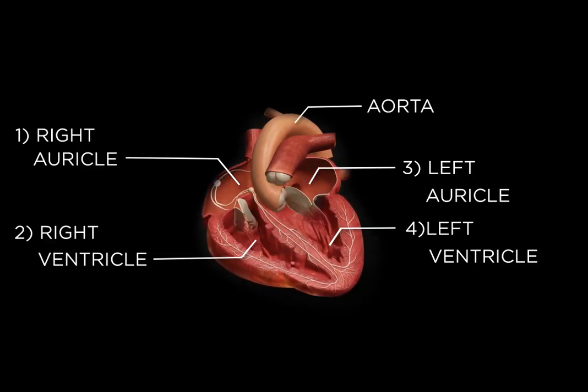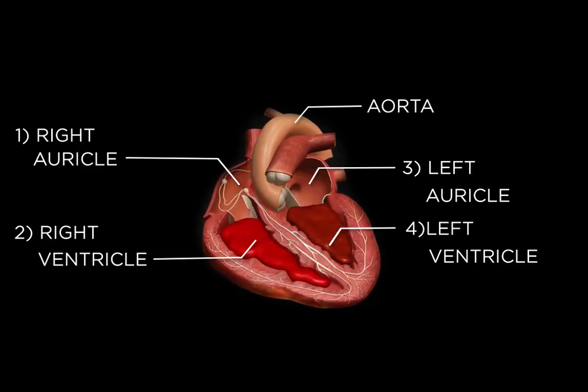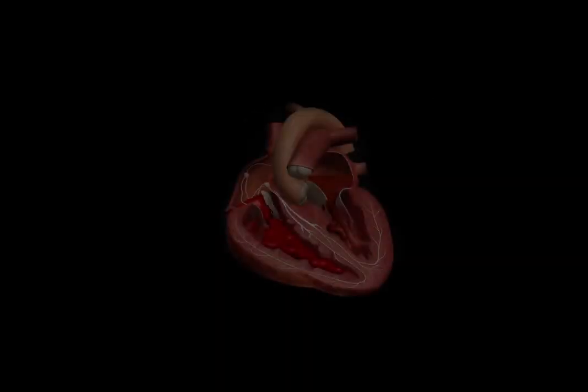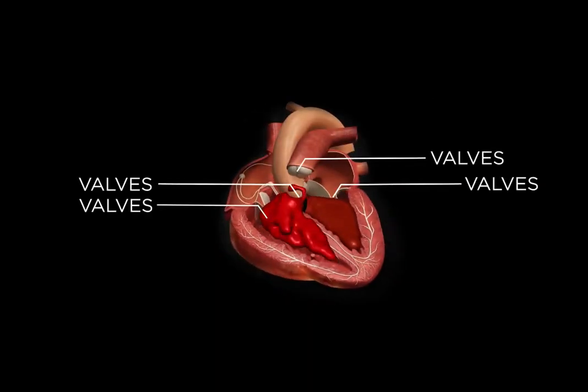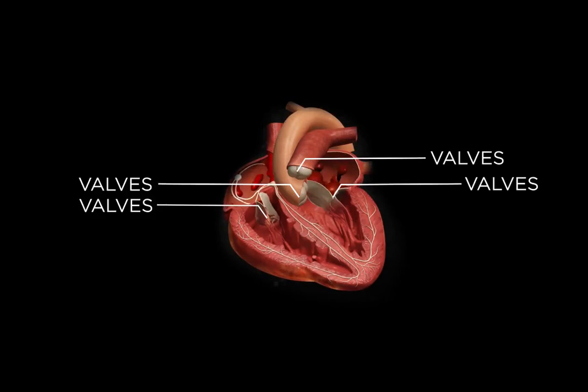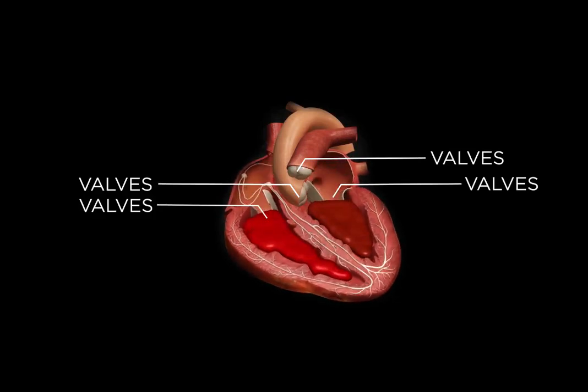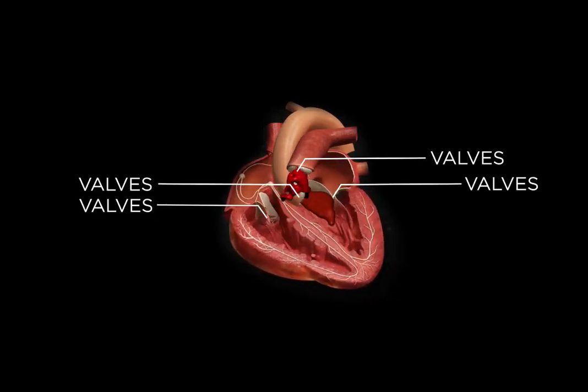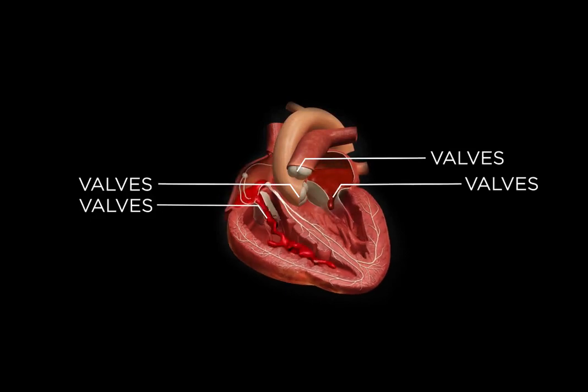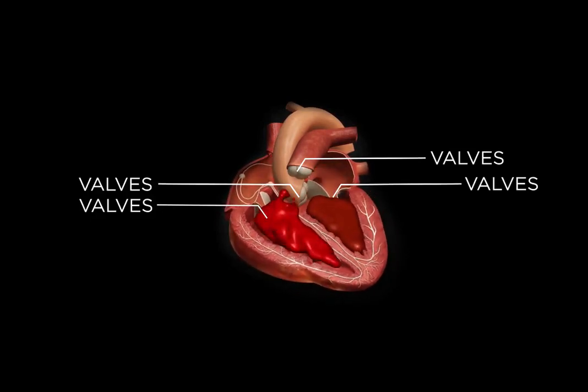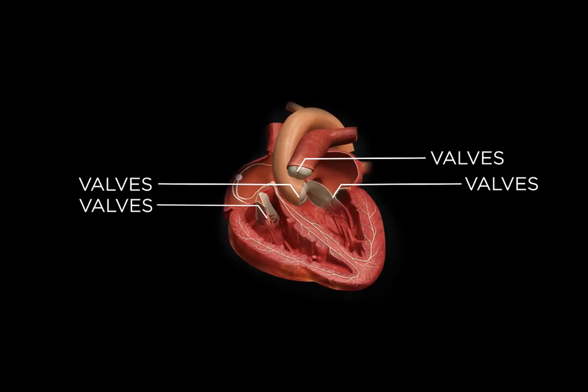Now there are these structures which are called the valves. What are valves? Understand that valves are like doors, okay? What do they do? Understand. If I ask you, the blood moved from right auricle to left